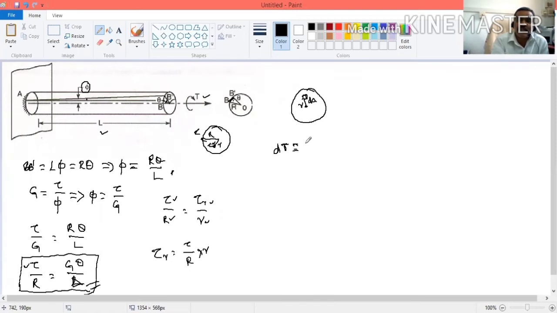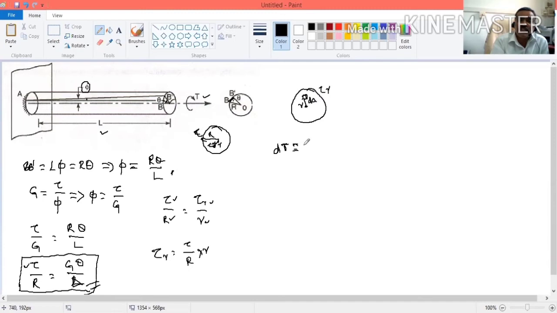Stress into area. Now at this radius, let us assume that the shear stress is equal to tau r. Here also we have taken the same thing. At any radius r, it is tau r, but at capital R it is tau. So at any radius r, shear stress is tau r, area is dA. Then the torque transmitted is